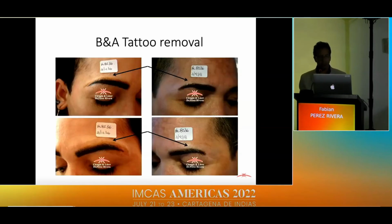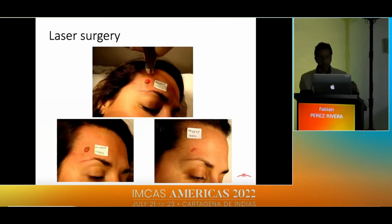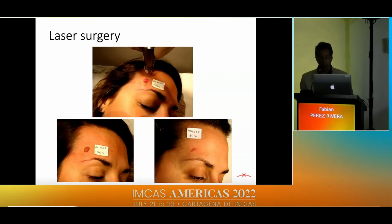Tattoo removal is frequently requested, for example when a patient asks to remove a cosmetic tattoo over the eyebrow, or in this case, where the patient tried to simulate hair. We can use the laser like a scalpel. We can use it to erase warts,